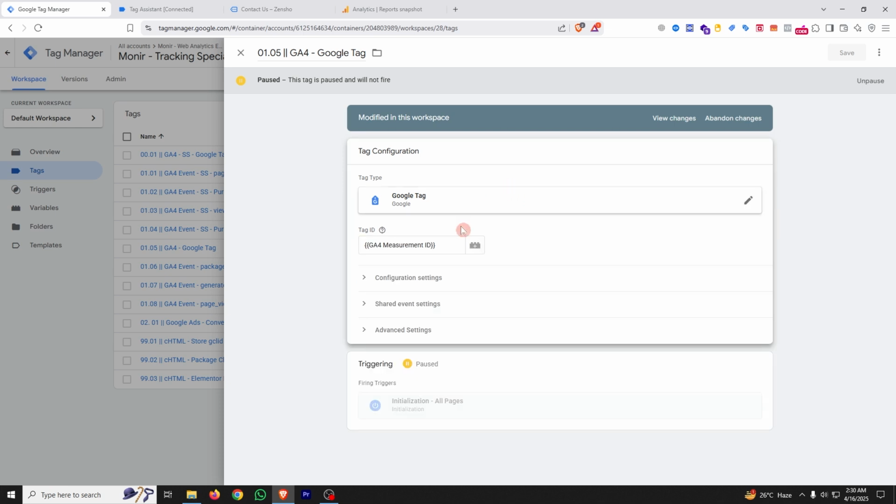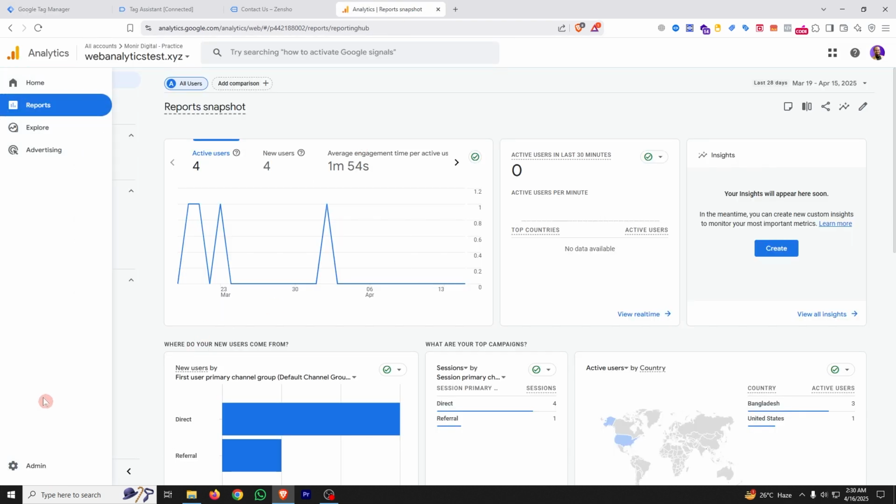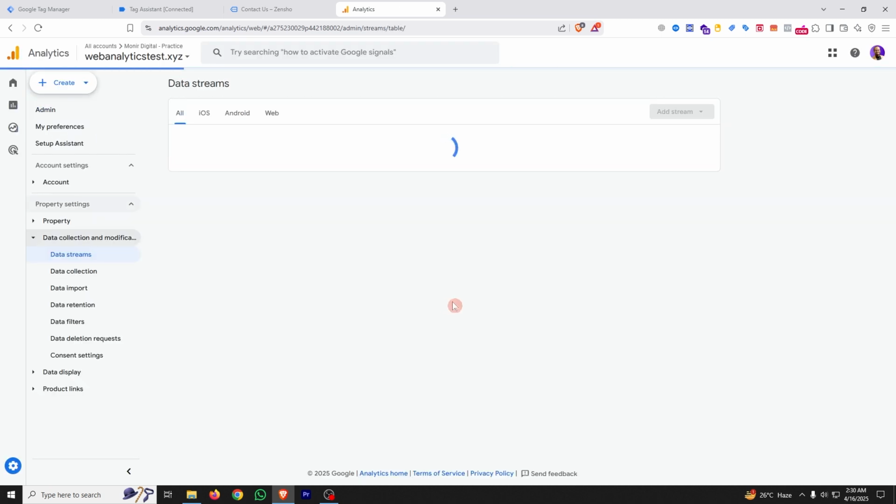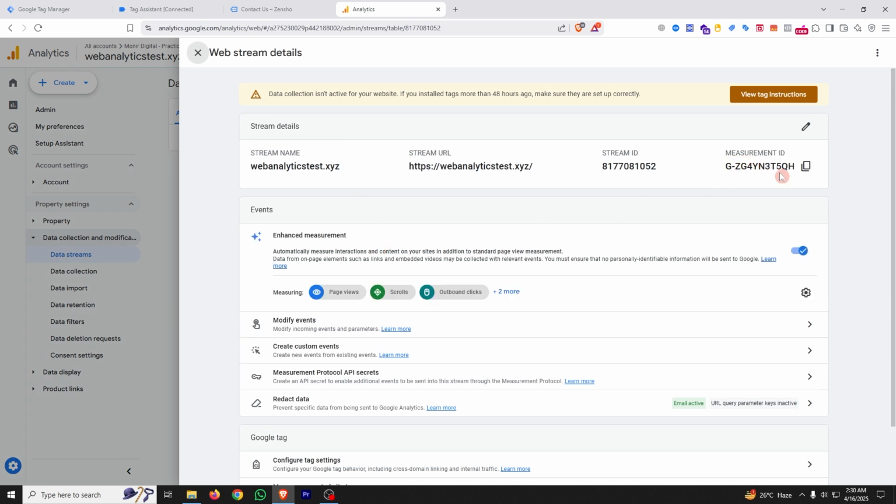Here you can see I have already created this and I have already created a constant variable for GA4 measurement ID, since we need to use this again. So we can get the GA4 measurement ID from Google Analytics, and you need to go to your Google Analytics and go to admin and data streams. Click on this stream and here you can copy the measurement ID